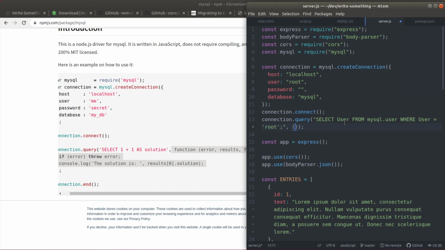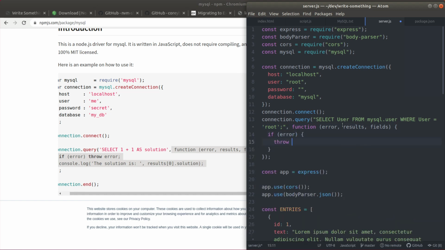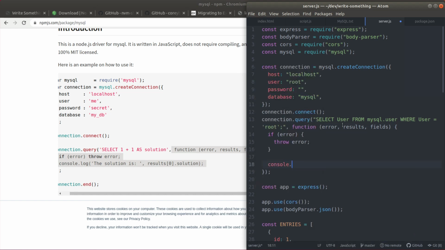You can use the arrow function or function, doesn't matter. Error, results. What was the other thing? Fields. If error, you can throw the error, whatever you want to handle the error, whichever way. Anyway, I'm going to console log